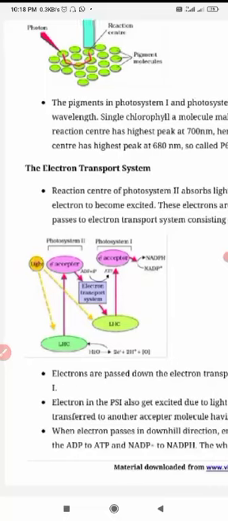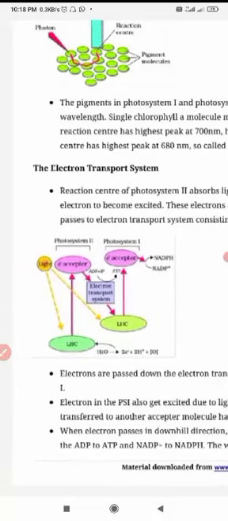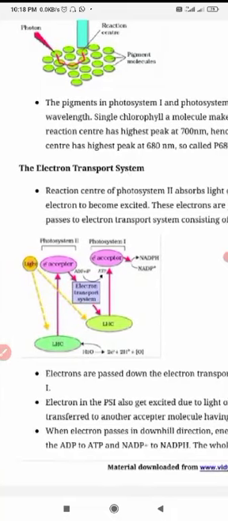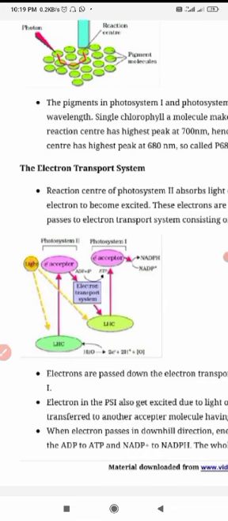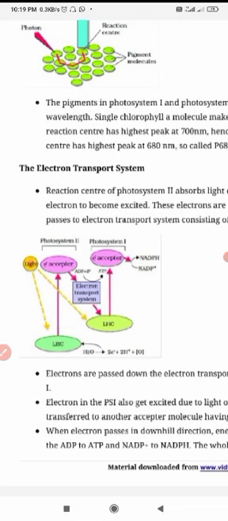you see that the structure of the grana is just like a photo plate, a photo receiving plate, which is arranged in this manner in units like LHC. This is the light harvesting complex, which consists of so many molecules of chlorophyll. At the center of this light harvesting complex, the reaction takes place, and that reaction is the photolysis